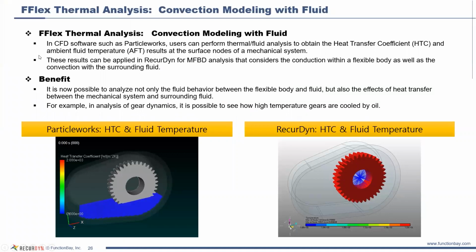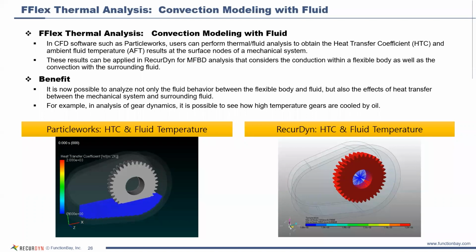In CFD software such as ParticleWorks, users can perform a thermal fluid analysis to obtain the heat transfer coefficient and the ambient fluid temperature at the surface nodes of the mechanical system, including the surfaces of flexible bodies. Once you have those results, they can be applied into the RecurDyn simulation, and that will then allow the simulation to consider